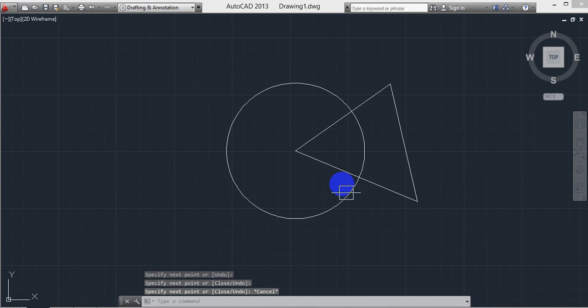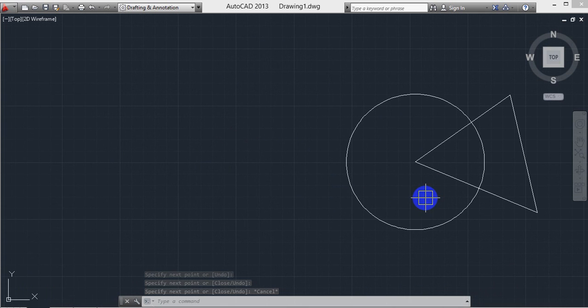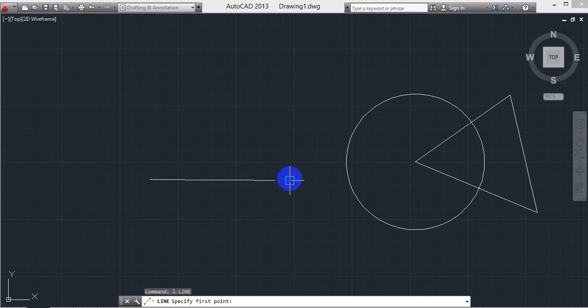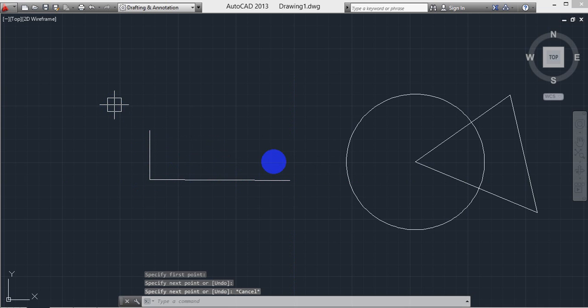If line visibility is not working, for example we have a line and I want to draw another line here. At the end point of the line it shows a point. This is the visibility of last points. This is the intersection of the next point. It can start here, but if it is not showing the last line, then what you have to do is OSN, enter.